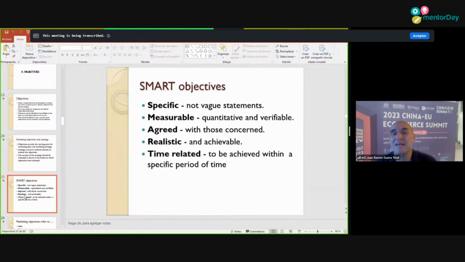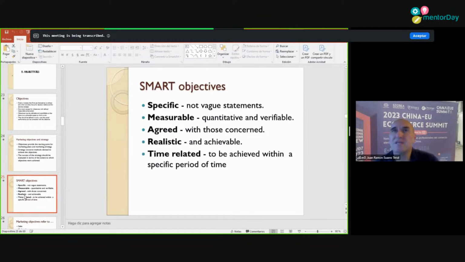And the last characteristic of a good SMART objective is time related. You have to give me a time. You have to give me 2025 or 2026 or September 2025, that is fine. You can give me an objective for 6 months, for 12 months, for 3 years if you like. China, for example, as a country,